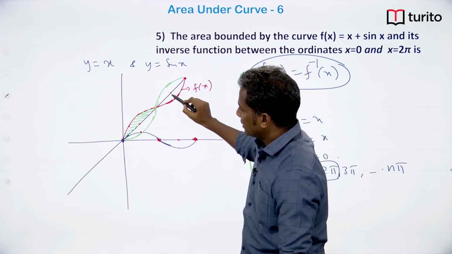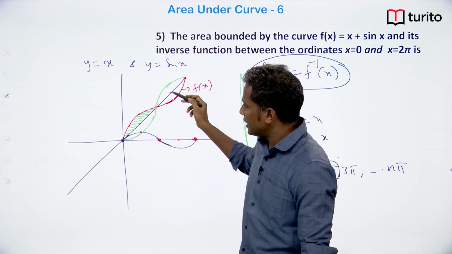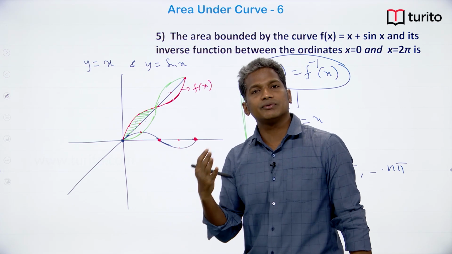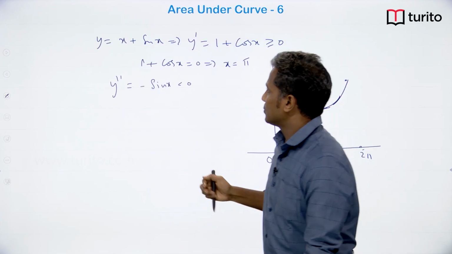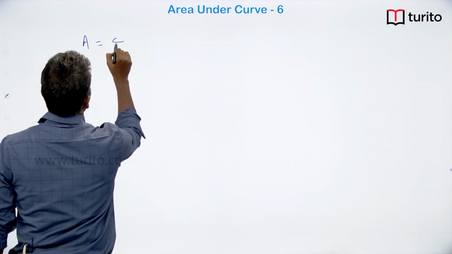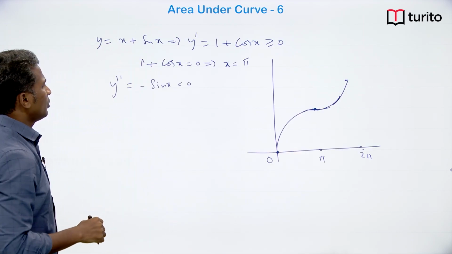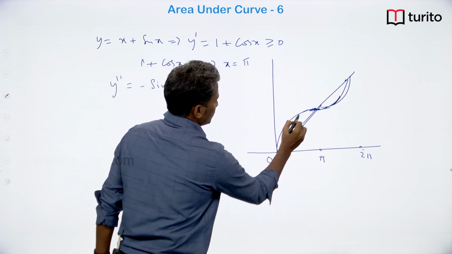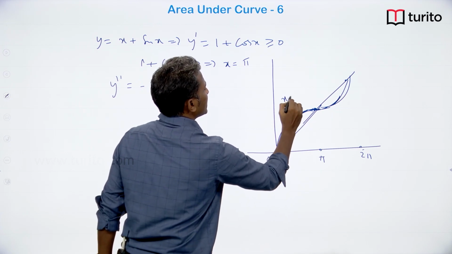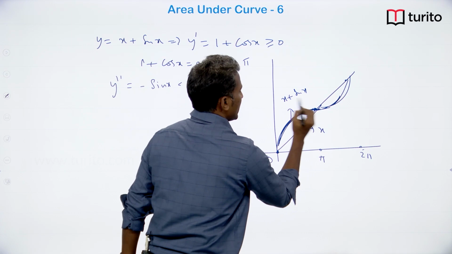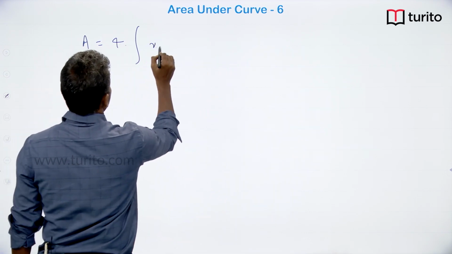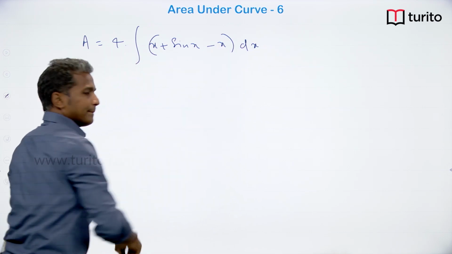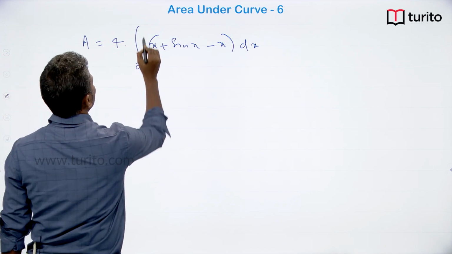So we have observed that the area is symmetric about the y equal to x line, and these two loops will have the same area. So if I find this part and multiply it by 4, I will get the total area. So the area will be equal to 4 into the integral of, what is the function which is above? See, if we take the y equal to x line here, the above function is the x plus sin x function, and the below function is the x function. So we have to subtract x from the x plus sin x function,